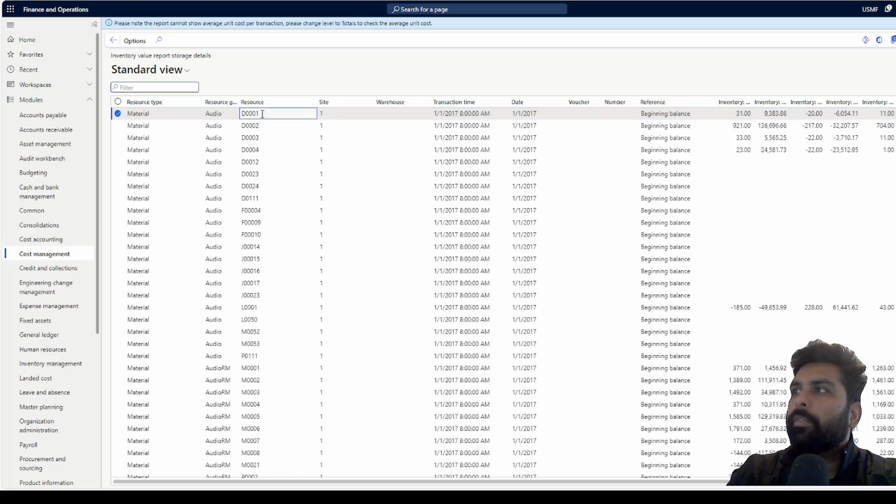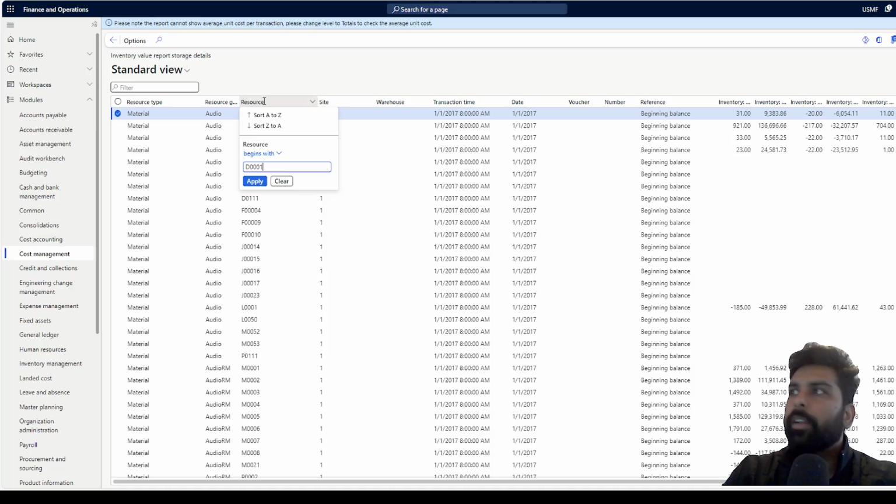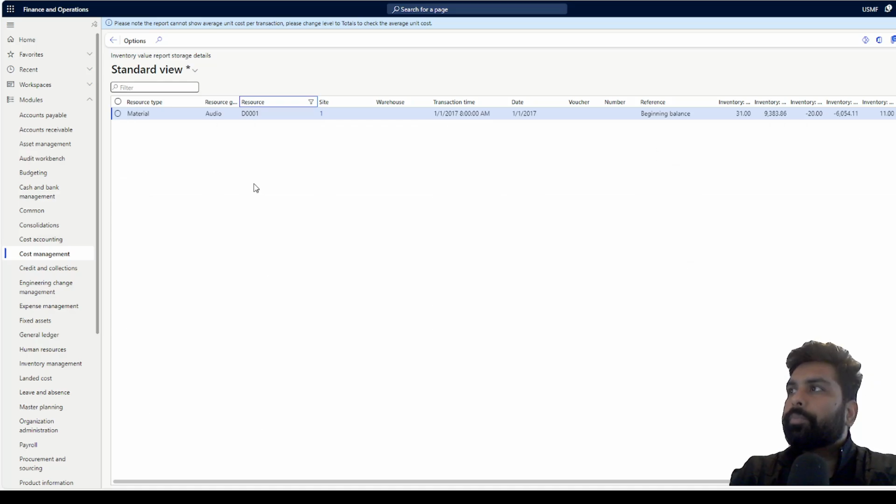So let's focus on one of the products. Let's say if I want to just use this resource ID D001, I can filter. Also I can just export this. So I think it doesn't have any transaction in that particular period. It just has a beginning balance. So it is just showing me that, okay, this is the inventory